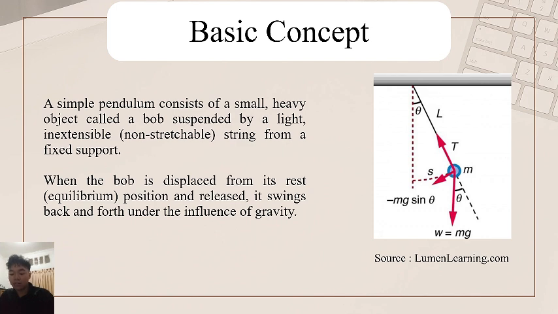This force causes the pendulum to move in periodic motion, meaning it repeats its path in equal time intervals. When the displacement is small, the motion of the pendulum can be considered simple harmonic motion. Number 1, the restoring force is directly proportional to the displacement. Number 2, the motion is regular and oscillatory. And the last, the acceleration due to gravity at the location.